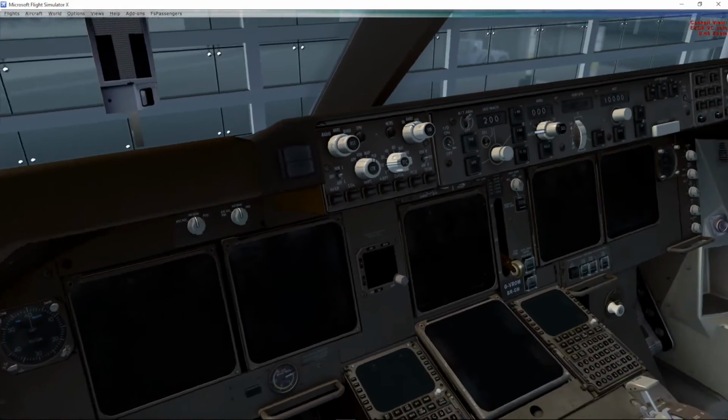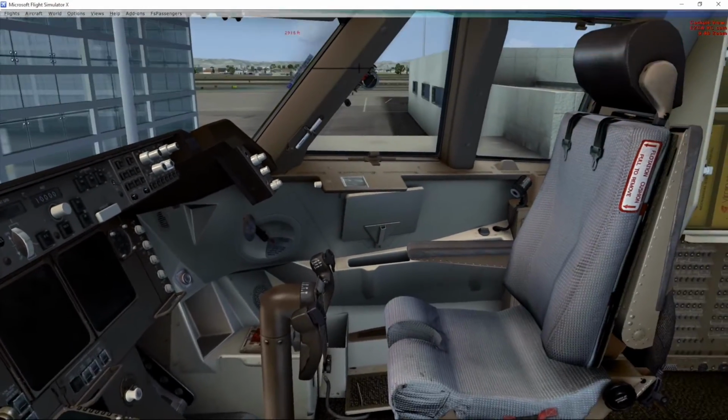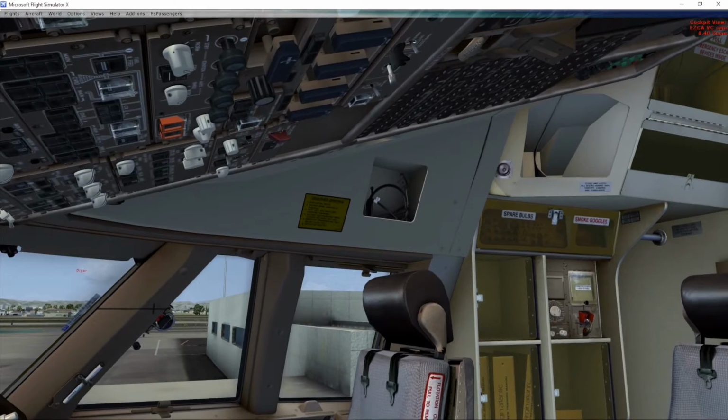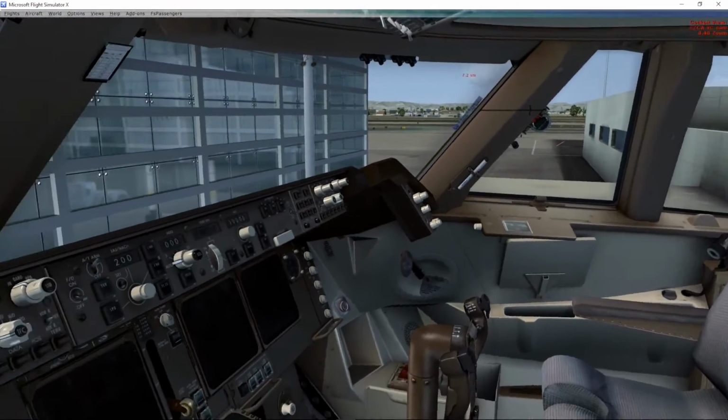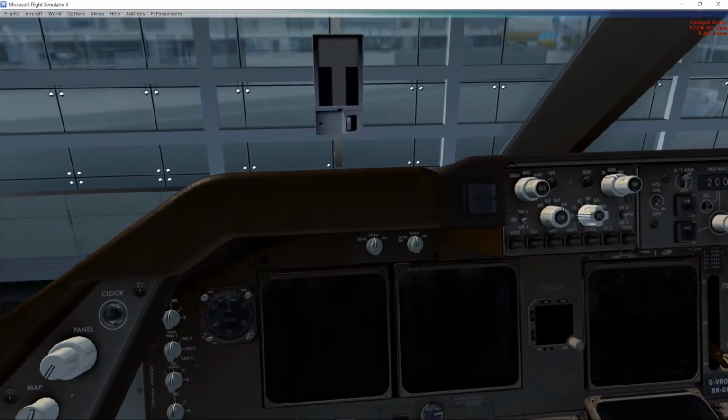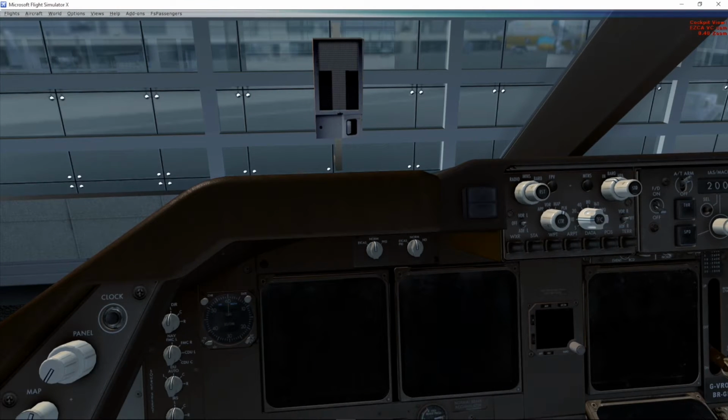So here we are on the flight deck in a cold and dark state. We'll take a peek here. This aircraft has only been out for about a month so far. So the first thing we want to do is establish power. So we'll jump up top,